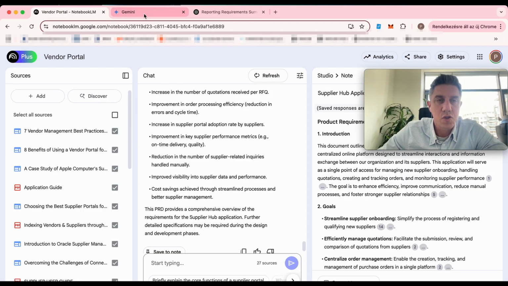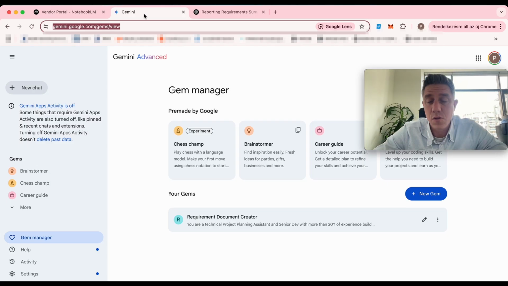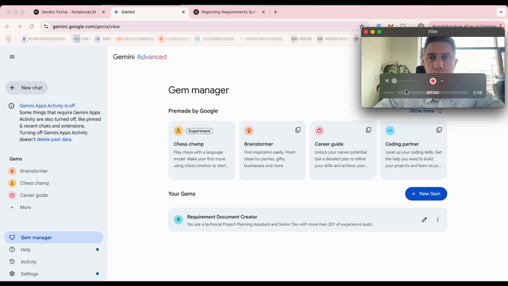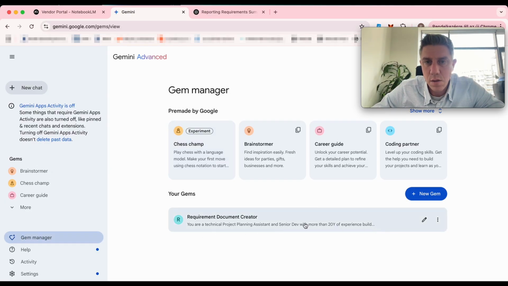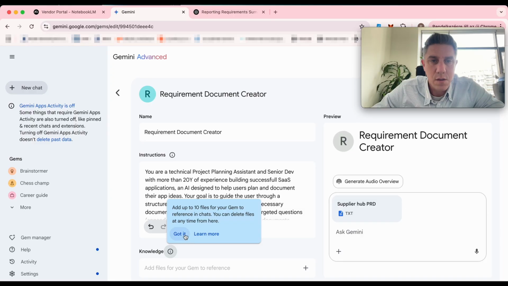I will go to Gemini. You can use OpenAI, you can use Claude, you can use, I don't know, Perplexity as well. In the Gem Manager, in the Gem field, you can have different AIs with different descriptions. For example, I created a requirement document creator, and if I click on edit,